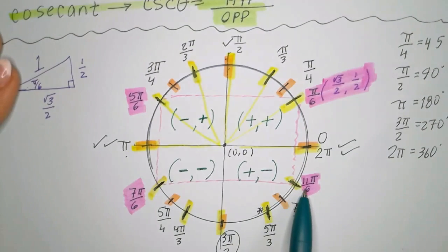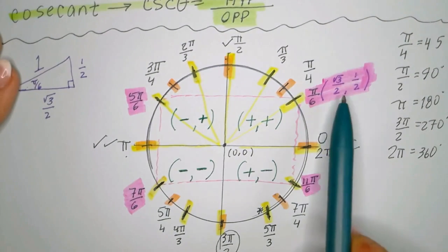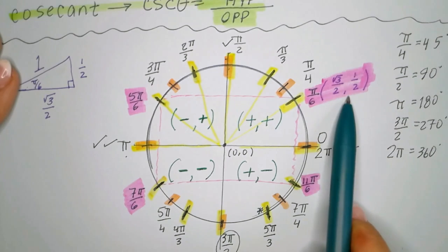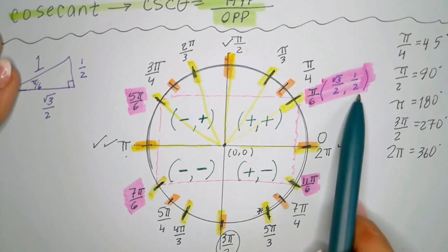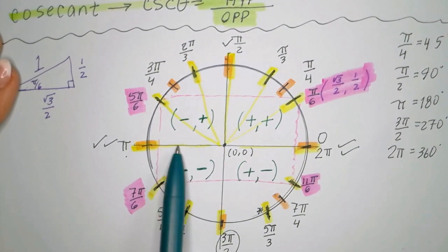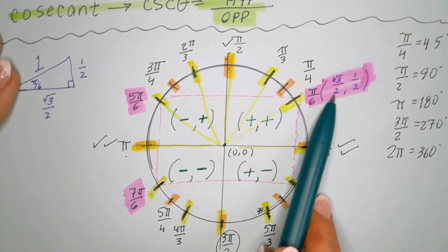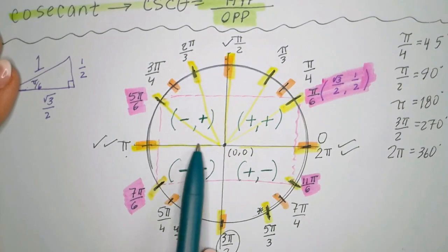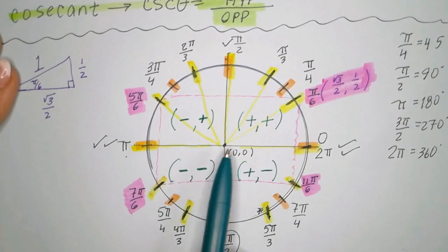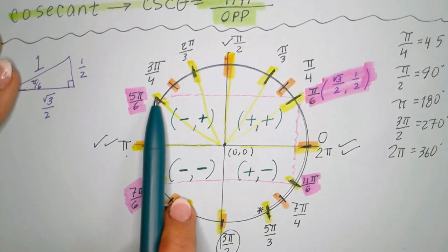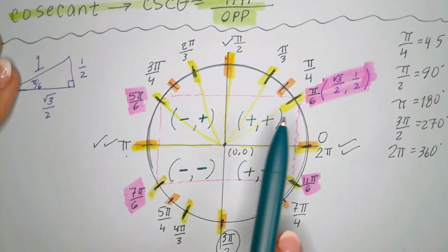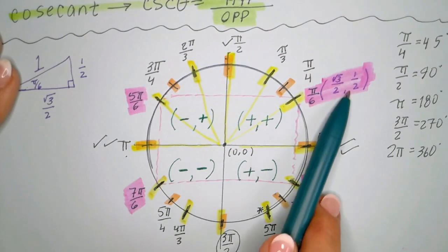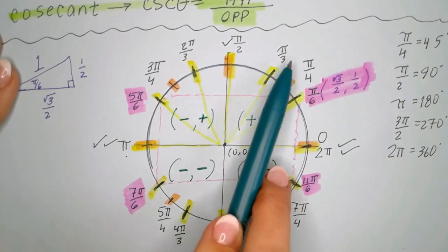So if I asked you, what's the ordered pair here at 11 pi over 6? You would say positive square root of 3 over 2, comma, negative 1/2, exactly. Here, you would say negative radical 3 over 2. I meant to say rad 3 over 2, sorry. Here, negative rad 3 over 2, negative 1/2. Negative rad 3 over 2, positive 1/2. Got it? Okay. Positives and negatives, same ordered pair. I labeled it once here. The same will apply for these other